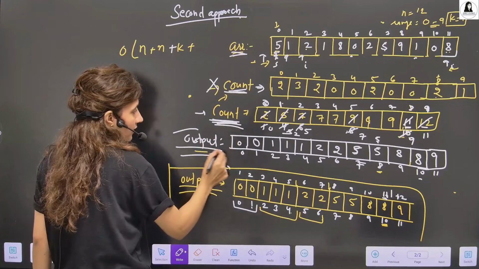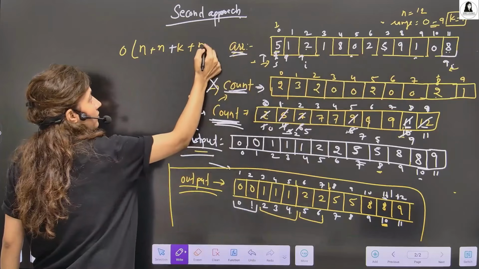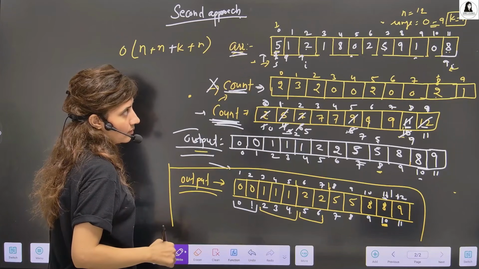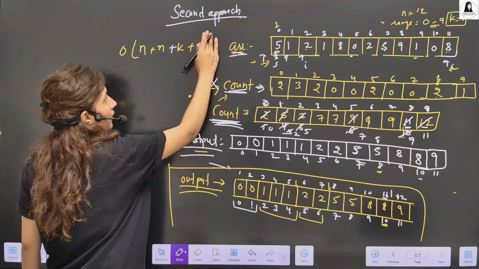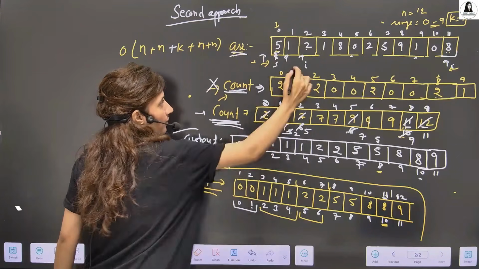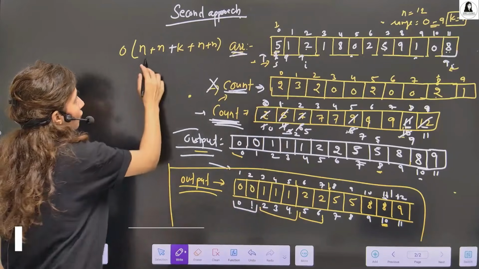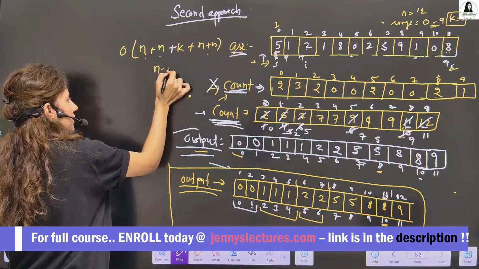After that, we take this array, and to sort this, we are again traversing from here to here, so again n times. And to copy this from here to here, we again traverse this, so again you can add plus n. We copy one by one all the elements. So it's 1, 2, 3, 4: 4n plus k. We ignore the constant, so basically it's n plus k itself.